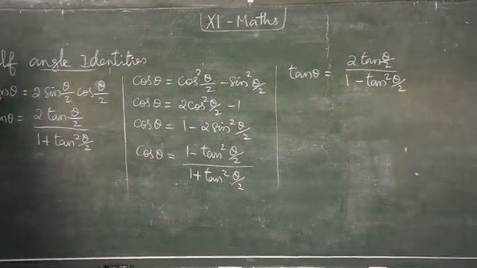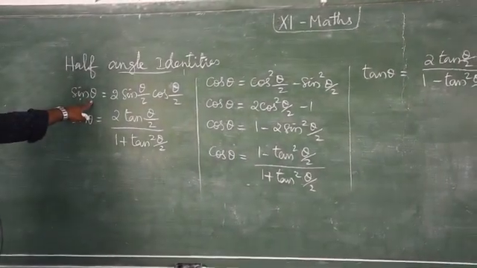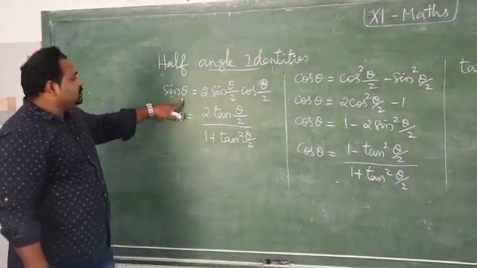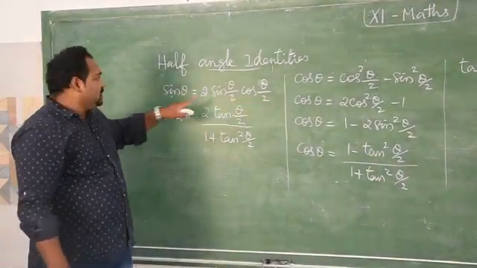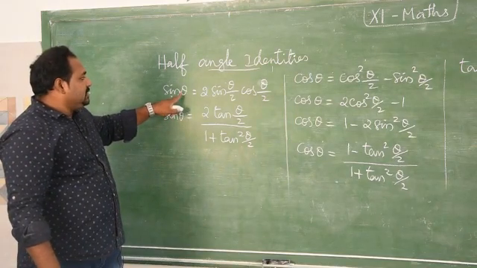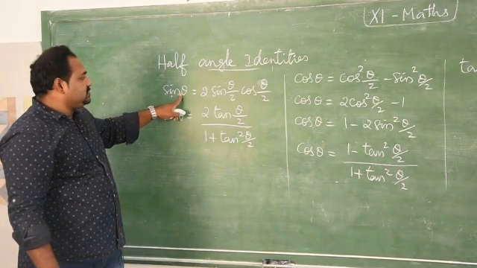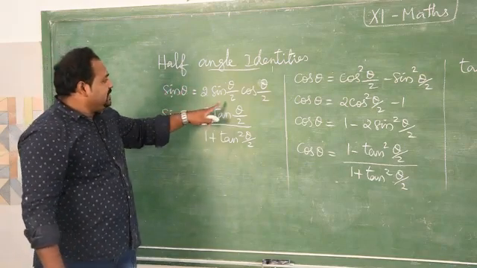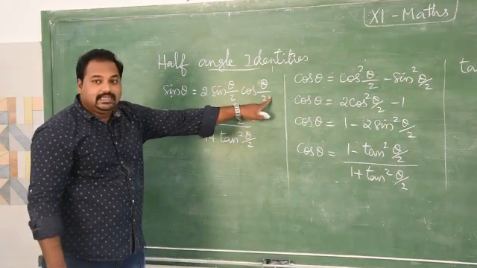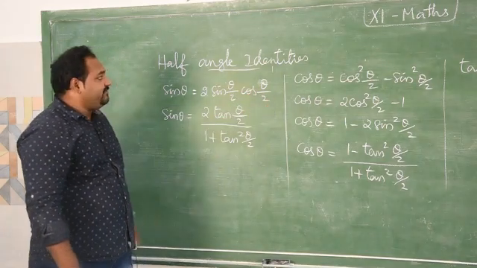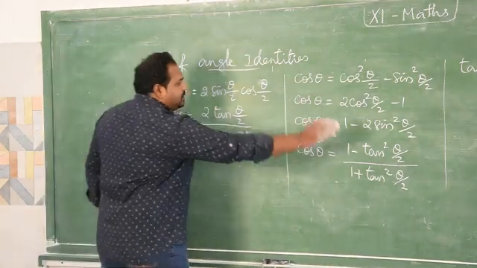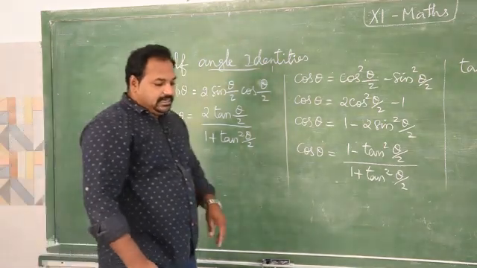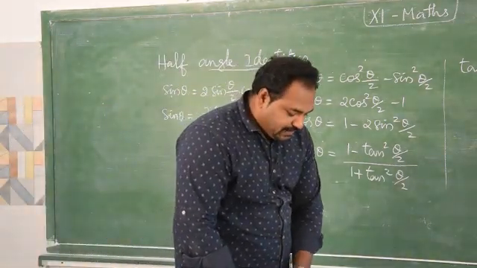See here, in the previous identities I have given sin 2 theta can be written as 2 sin theta cos theta. Here, in sin theta, the 2 is missing. So if you bring this 2 to this side, in the place of the angle, the 2 will divide the right hand side angle. So that is half angle. So this is all very important for half angle identities. So note it down and memorize. We will go for the exercise 3.5, problem number 1.